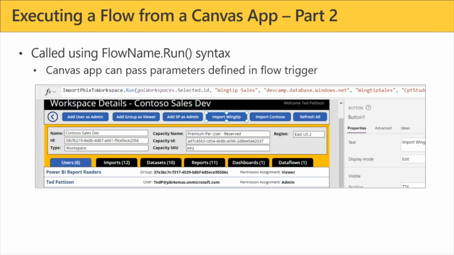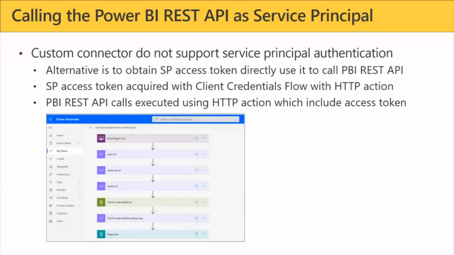But once the flow runs, it basically says, forget who the user is. We're going to use a service principal. And that's why I had to add the service principal as a user to that site. So the service principal can then be the one that uploads datasets and does things like manage credentials and takes care of running refresh operations. Not the only way to do it, but a pretty good way to do it.